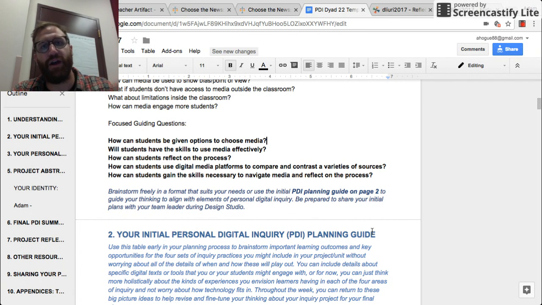First, if you look on the screen below, you'll see I wanted to highlight our guiding questions for our project. Thinking about how can students be given options to choose media? Will students have the skills to use media effectively? How can students reflect on the process? How can students use digital media platforms to compare and contrast